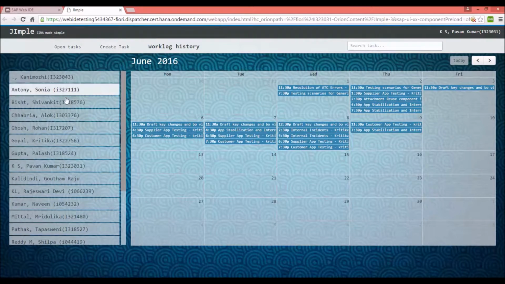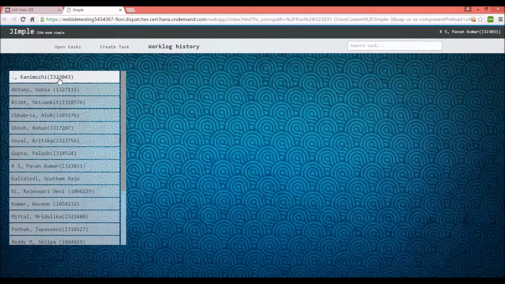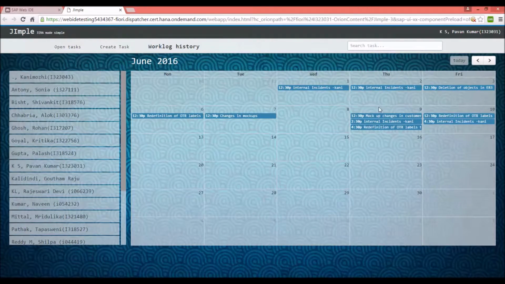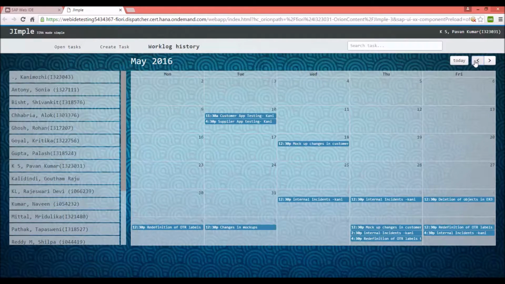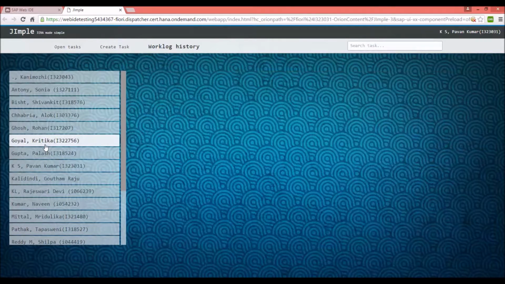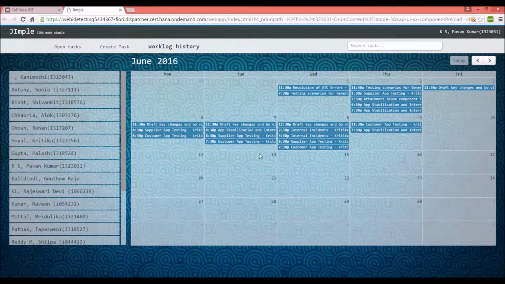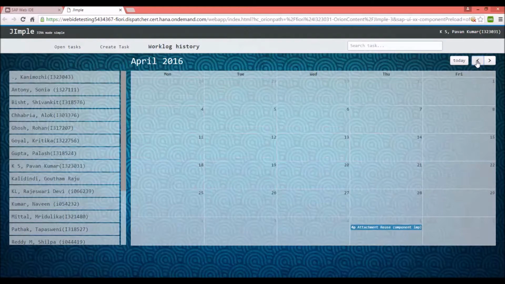Suppose I click on a particular employee, the calendar loads up, and I can see for which dates the Jira task has been maintained for this particular employee. If I change the view to other employees, I can also see what work has been logged by that employee. And that's all for the Scrum Master view. Now we'll go with the normal employee view.